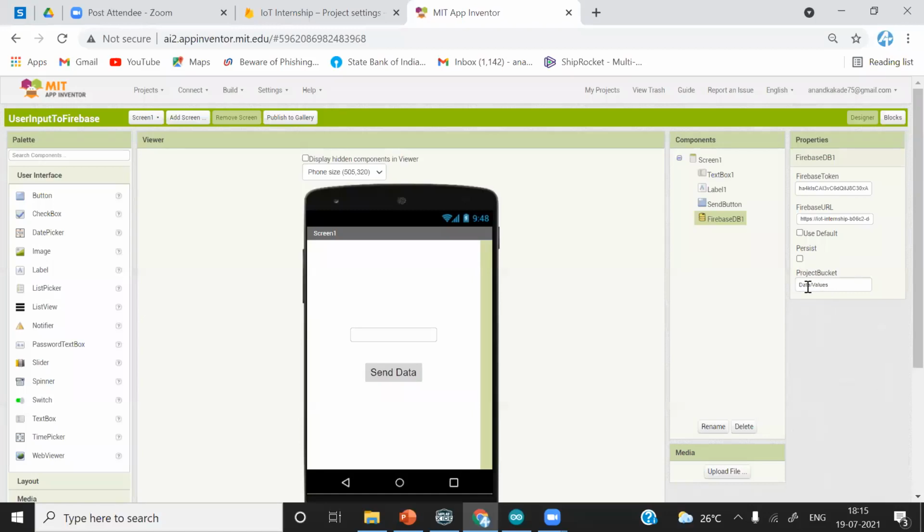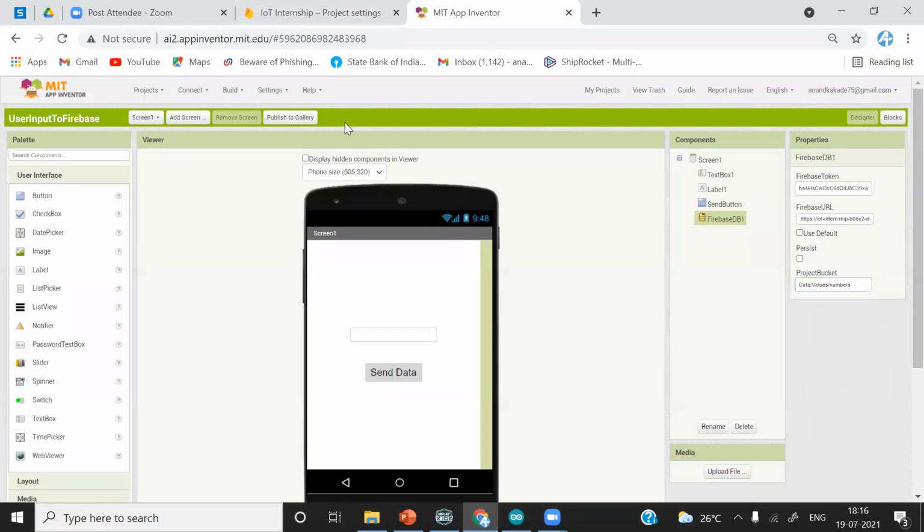Using a project bucket, you can create multiple branches from a root. There will be one root branch, and from there you can create multiple branches. At the lowest level branch, which in this case is values, the application will work on that level only. So what if I add another data as numbers?